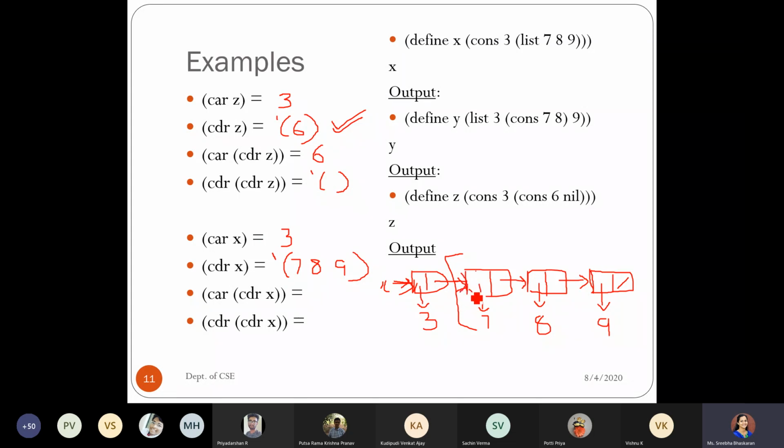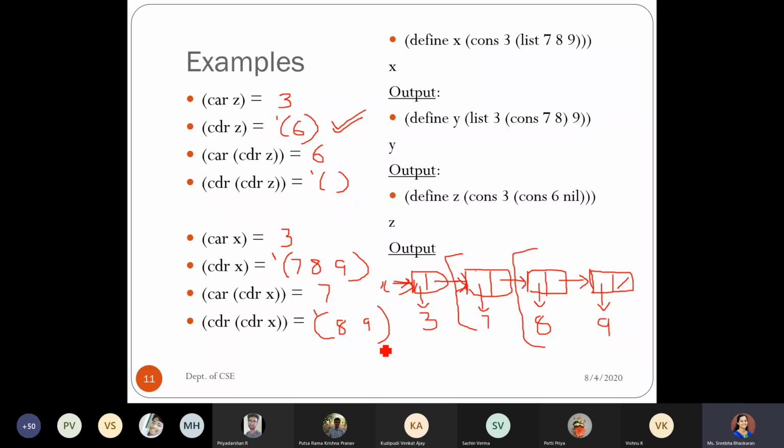From this part, what is the car of it? Car of it will be value 7. Now if I again apply CDR for that, it will be nothing but the remaining portion of it. So remaining portion of it means it will be again a sequence of cons, which ends with a nil. So it will be returning a list again. So your output will be list 8 9, 8 space 9 followed by nil.